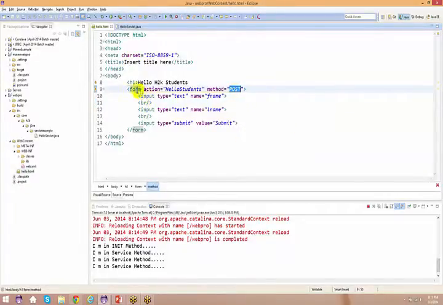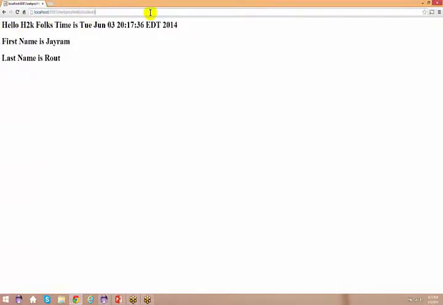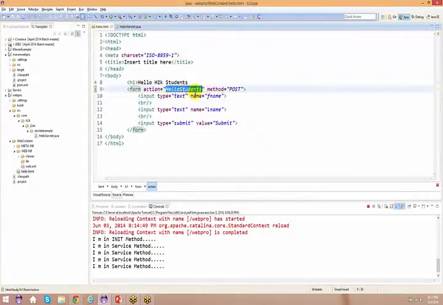Now here if you observe, the one thing which we have used is your action. The other one which we have used is your method equal to post. Now, when you use method equal to post, let us go back to the hello.html itself. So this is your first name, last name. So you don't see anything in the URL, right? Apart from your root context and the name of the servlet, because this is what we have given here, action equals to so and so. Now what if I use another method, that is your get? What if I do not use anything as such, first of all?